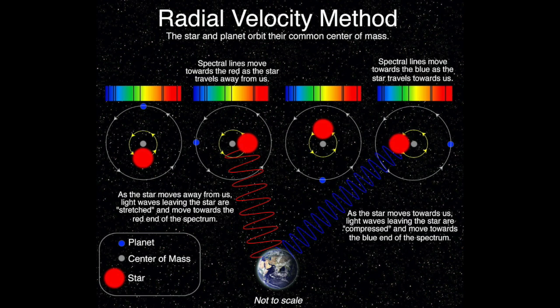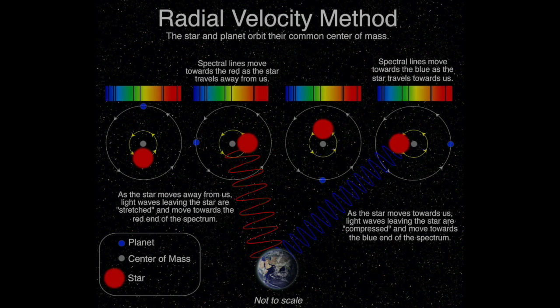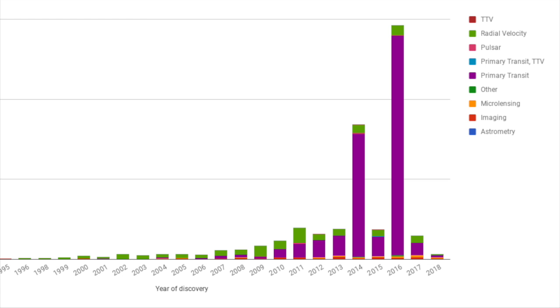The radial velocity method has two key shortcomings. Namely, it only works to detect large super-Jupiter planets that can pull on their sun enough to make it wobble, and it requires us to view the system from the correct angle to be able to pick up on that wobbling star. This brings us to the second key method represented on this graph, which is the